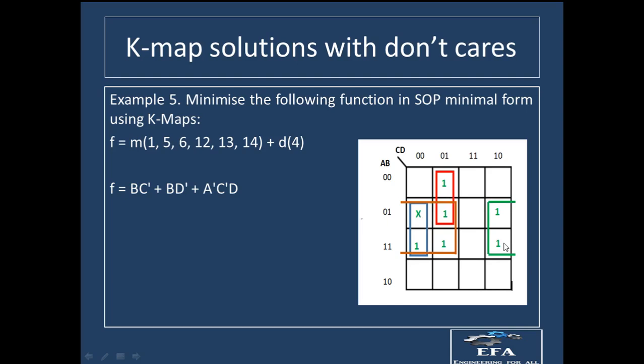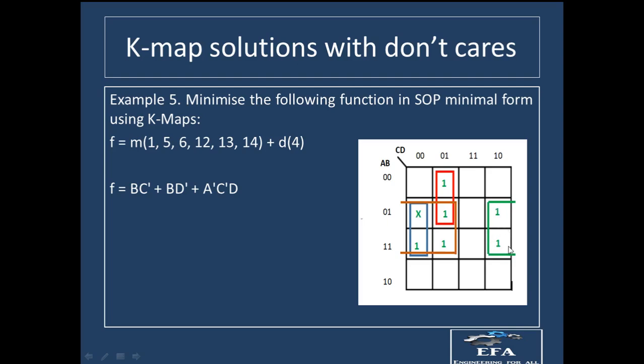Now look over here. Now we are having a cross over here. Okay, so this cross will form this one group. Now this cross will form this complete big box. This complete big box will cover this one also. So this will form a bigger box over here. Okay, after that we are having 1 and 1 at this position.